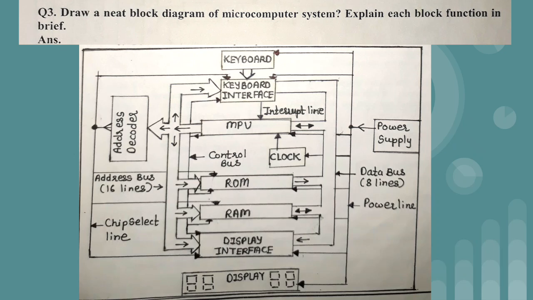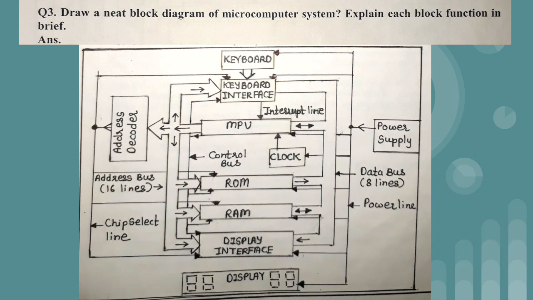Like the data bus, if you just see the left hand side, we have the address decoder. Below the address decoder we have the address buses. In total we have 16 address lines, because the address of any memory location is actually 16-bit data. To carry the memory location we should have 16 lines, so that each line carries one bit, and the 16-bit address is carried from the processor to the peripheral devices and all.